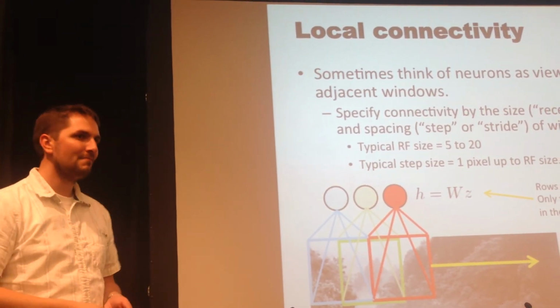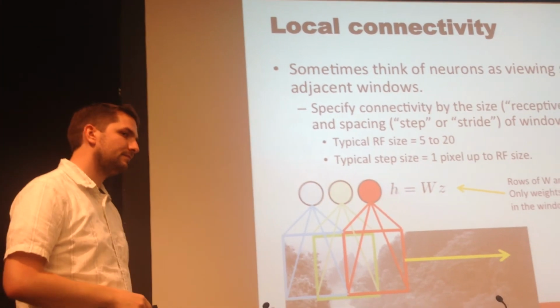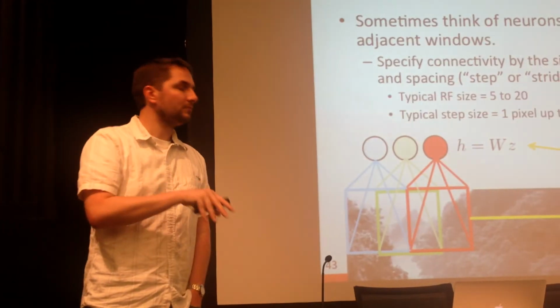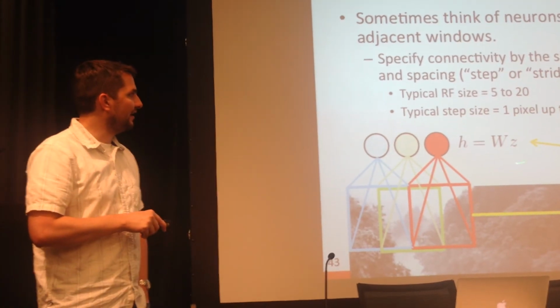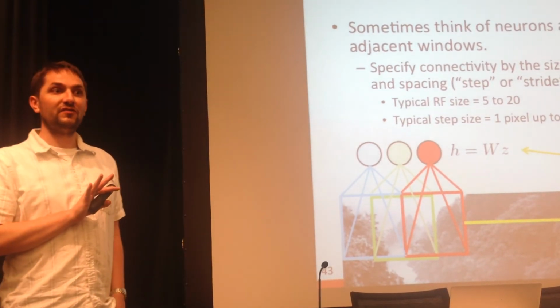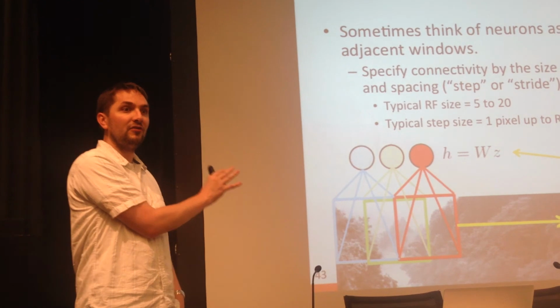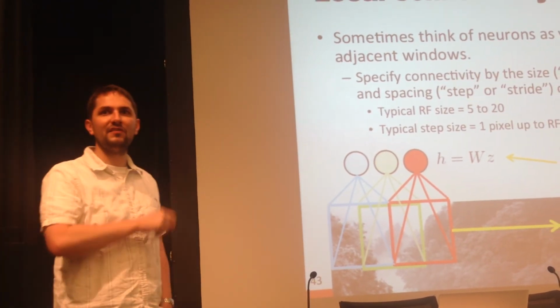I guess what I'm trying to understand is that, yes, you're taking a subset, but you've defined a certain notion of locality here for that subset. You could just as well say, throw out every other pixel that you're going to look at for this neuron. So you've made an assumption. That's true. So the observation here, which is a good one, is that if I didn't tell you that this was an image, and I just gave you the vector, you would not know how to cut up this thing into